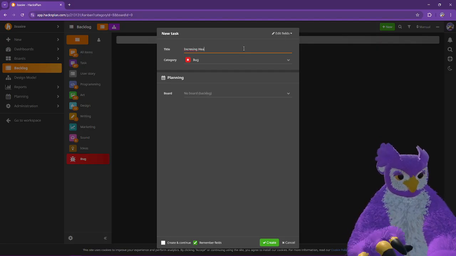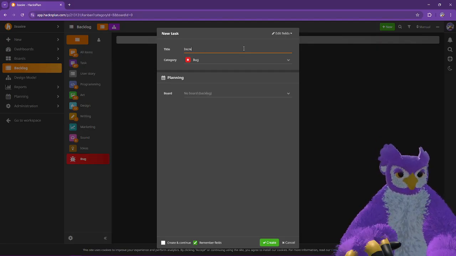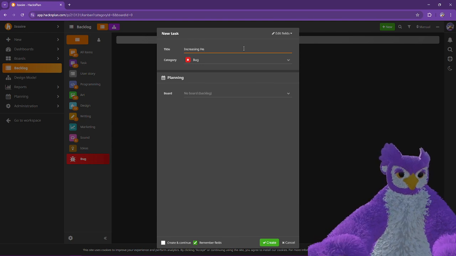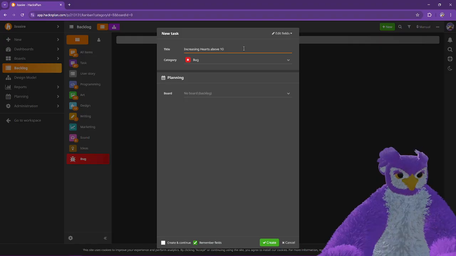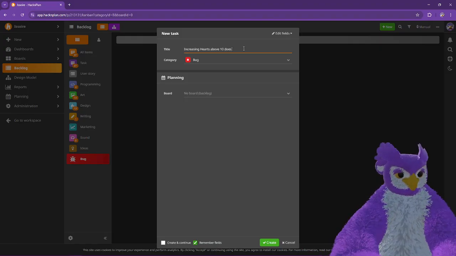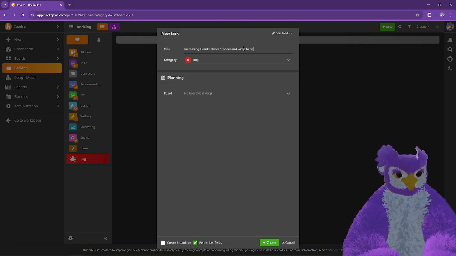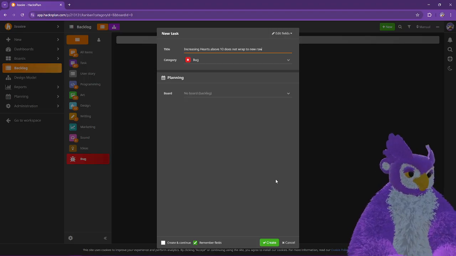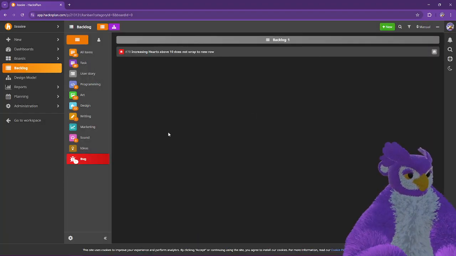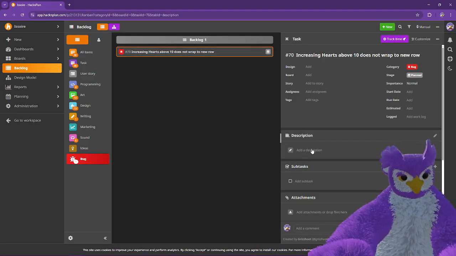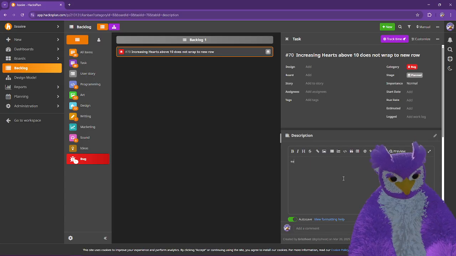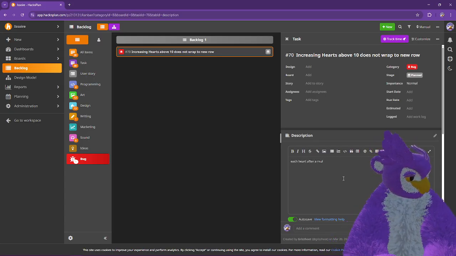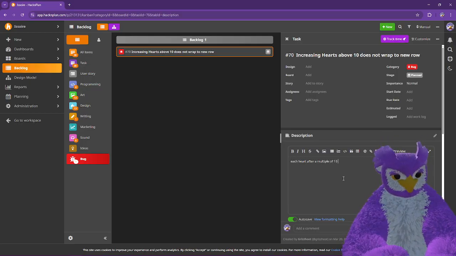Increasing hearts above 10 does not wrap to new row. And then in here we should say each heart after a multiple of 10